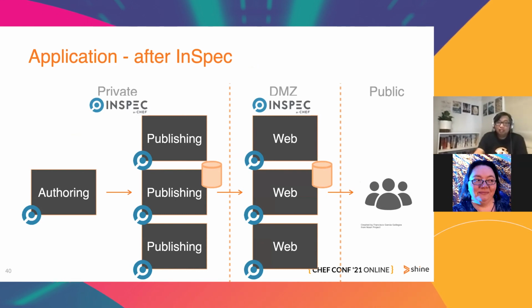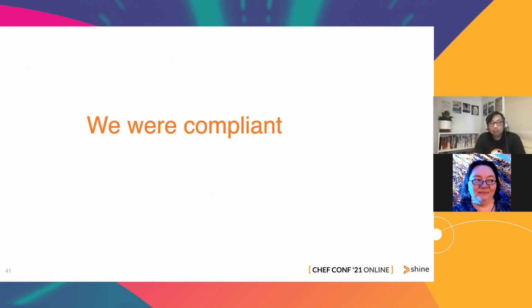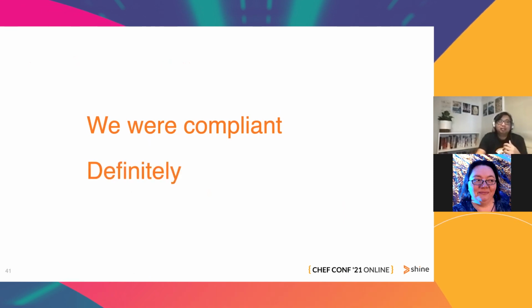So if we return to the $6 million question, were we compliant? Then we could say that yes, we were compliant. And the proof really came from the continuous compliance review, because we simply produced the report for the various checks on every server and every environment creation. Instead of not being sure whether we are compliant at all, we could say definitely that we are compliant, and the test reports were the proof.